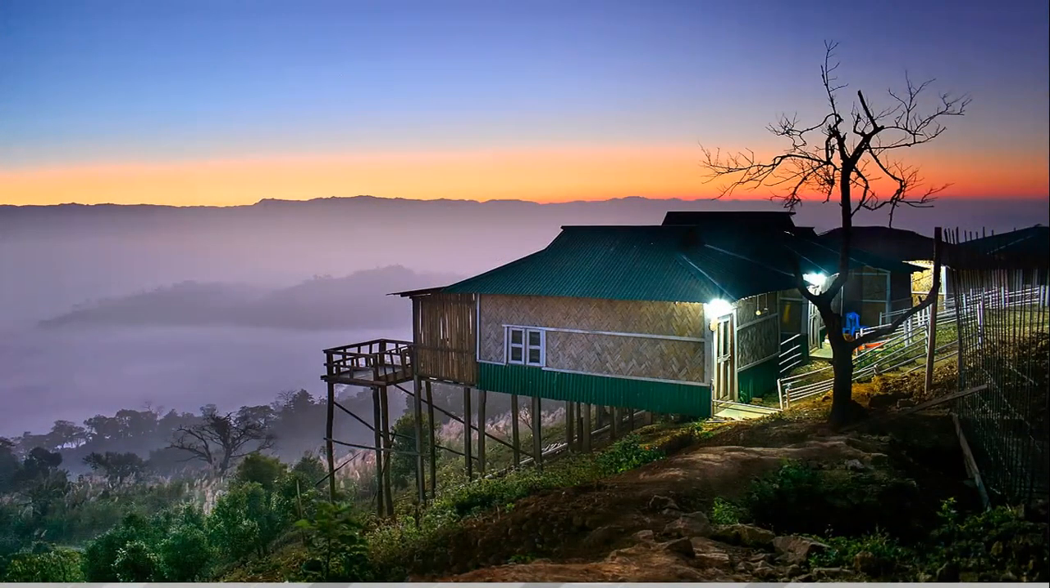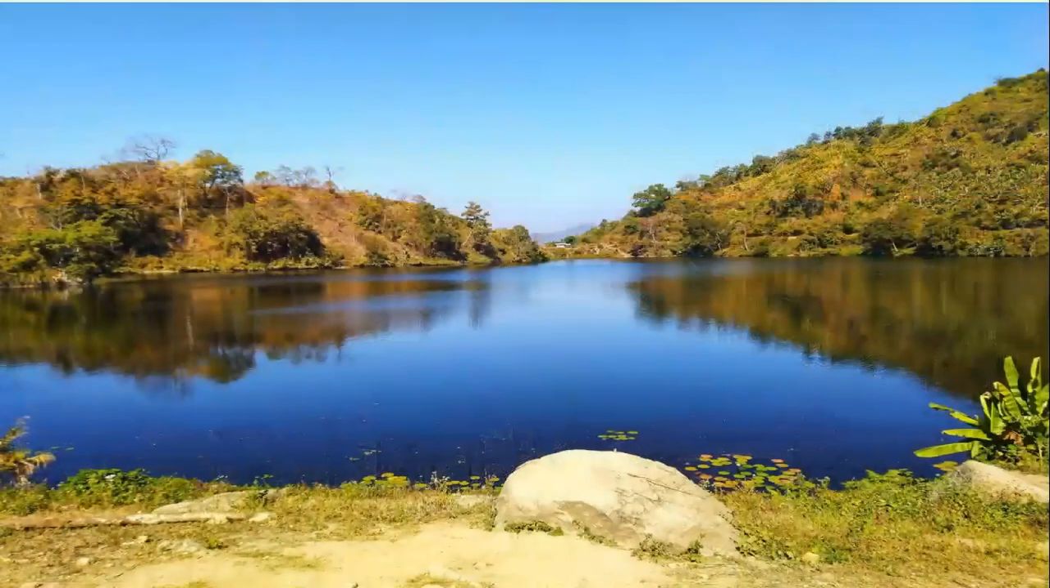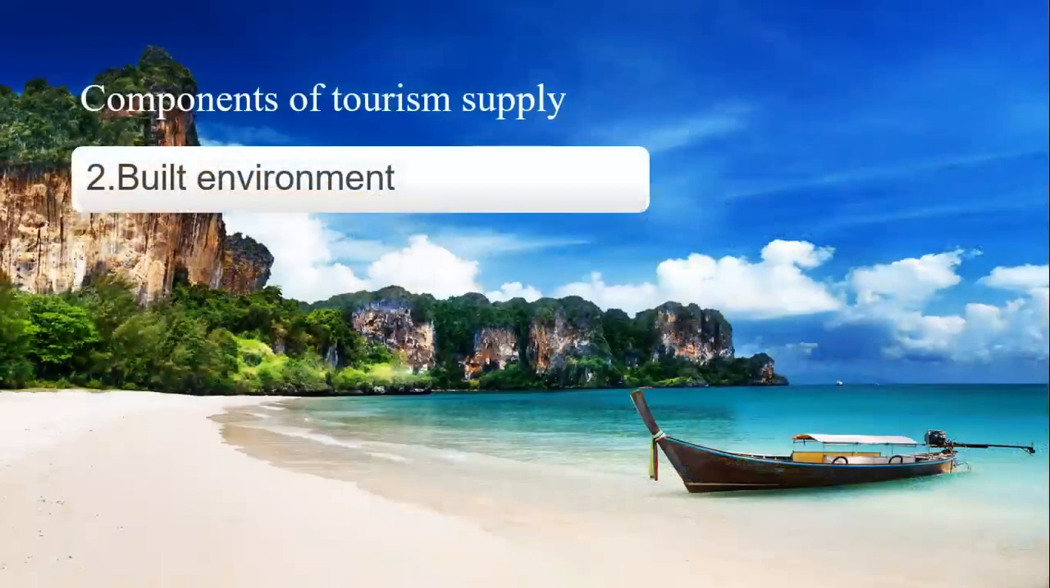This is a very well-known place in Bangladesh, that is Sajek Valley. And this is Bogale. This is also a very beautiful natural resource. I showed you these pictures so you remember easily what is the first component of tourism supply side. Now we have entered into the second part, or second component of tourism supply, and that